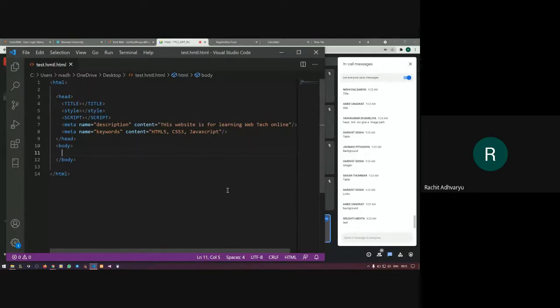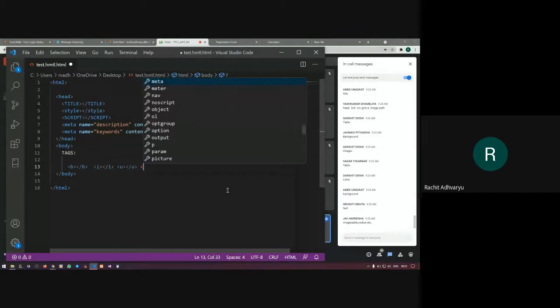Other than this, generally we add tags, right? B for bold, then I for italic, then U for underline, then P for paragraph, where align is one of the properties where you can align it to center, left, and right as well as justified.